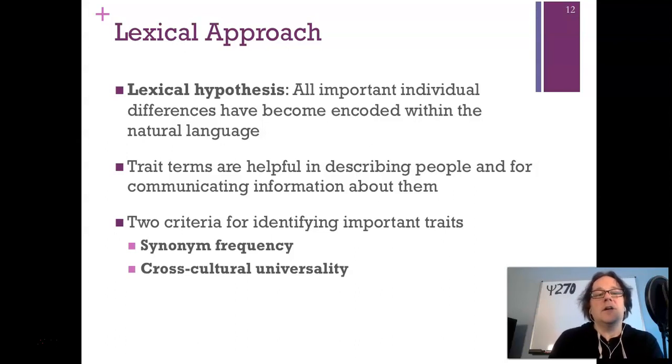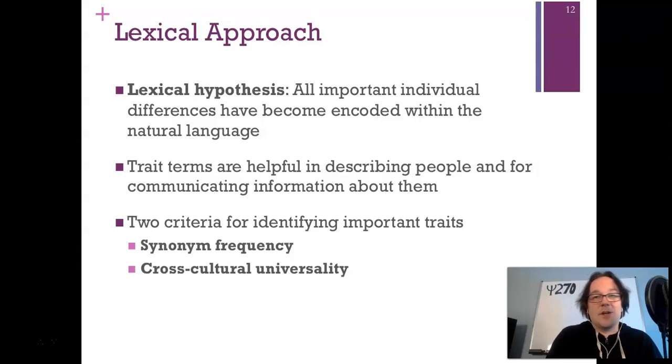Also, cross-cultural universality. So essentially what this means is that the more important a trait difference is in human transactions, or the more important it is in human relationships, the more languages are going to have words for it. And not just a word for it, but again, almost tying into the synonym frequency. So the more words that are involved to describe a certain trait, and how many languages actually describe this trait in the same kind of level of detail, might also be really important,